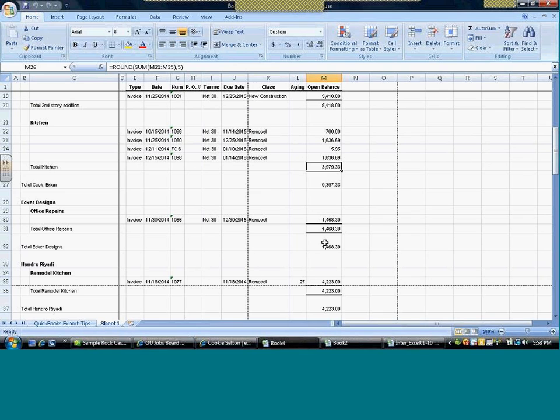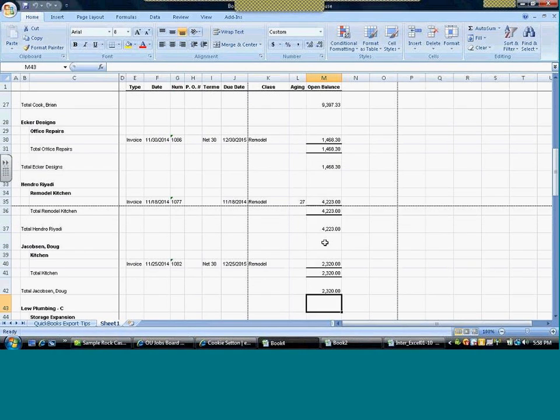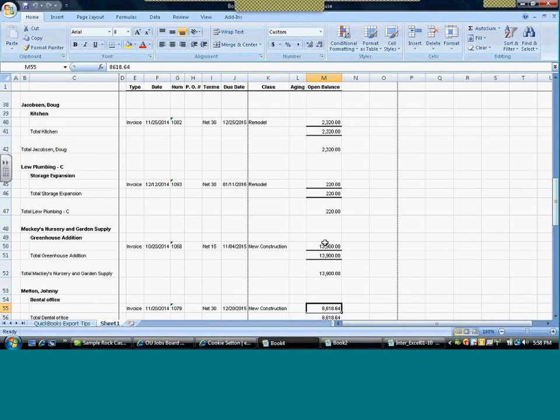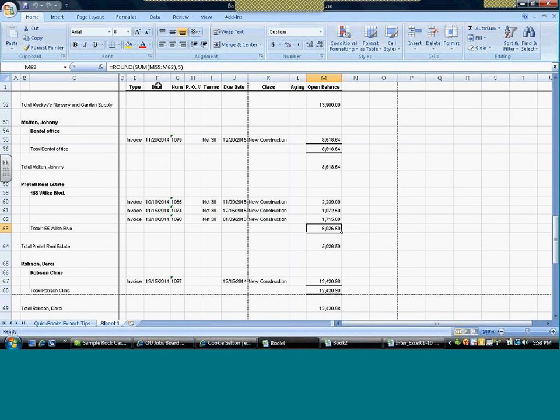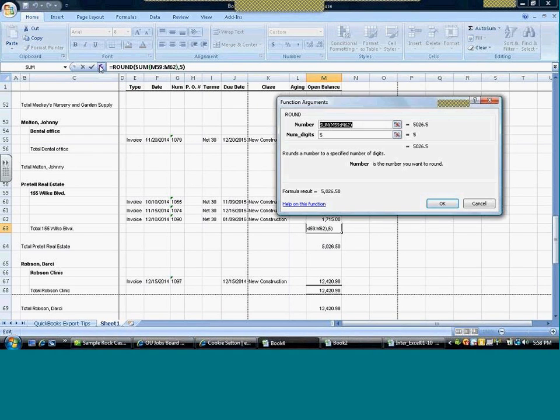So you'll see some formulas in there that might be a little unfamiliar. Right in here. And again, if you're ever reaching a formula that doesn't look familiar, go into the FX, and